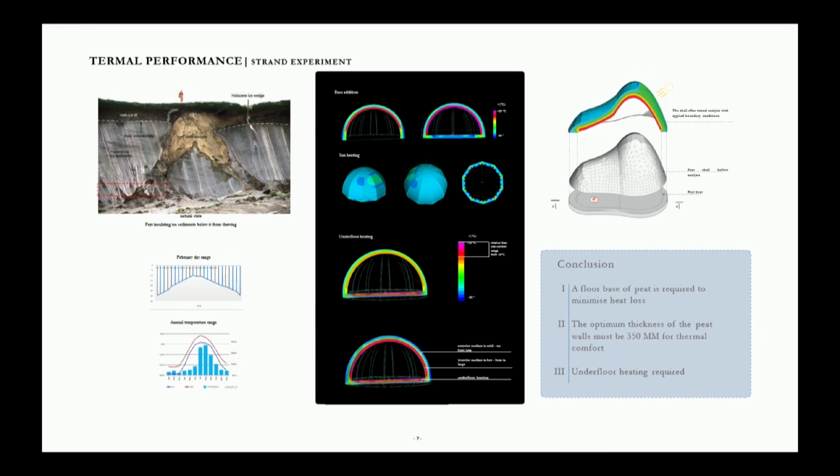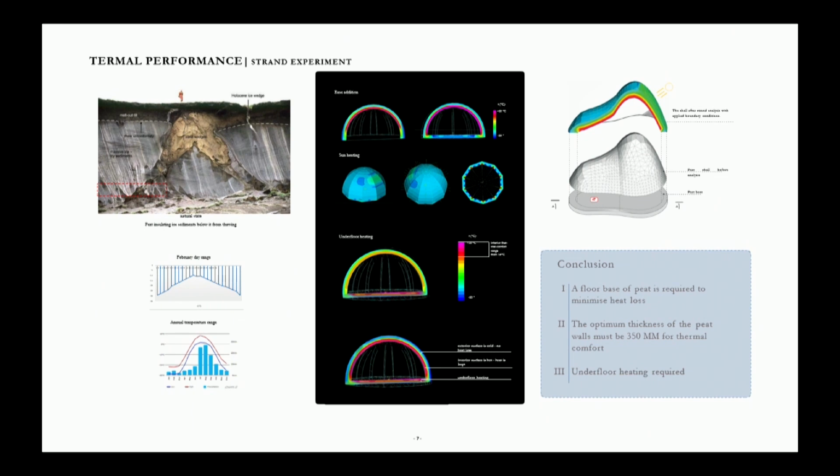The second set of experiments was conducted in order to determine the thermal performance of the house, which was really important to understand due to harsh environmental conditions in the Arctic. The temperature can span from -10 to -30 degrees in a cold winter month. Therefore, we conducted several experiments working both in section and in a 3D model of the house. What is important to mention is that due to the high complexity of thermal performance and data input for the simulation, the actual house we observed was really simplified in order to understand the result better.